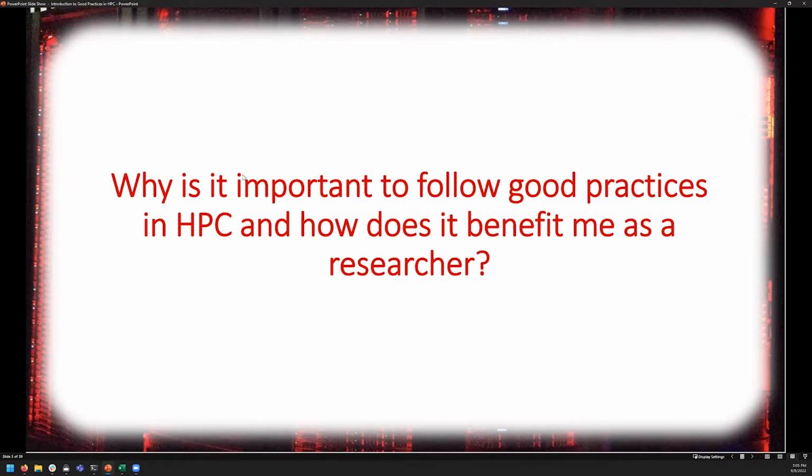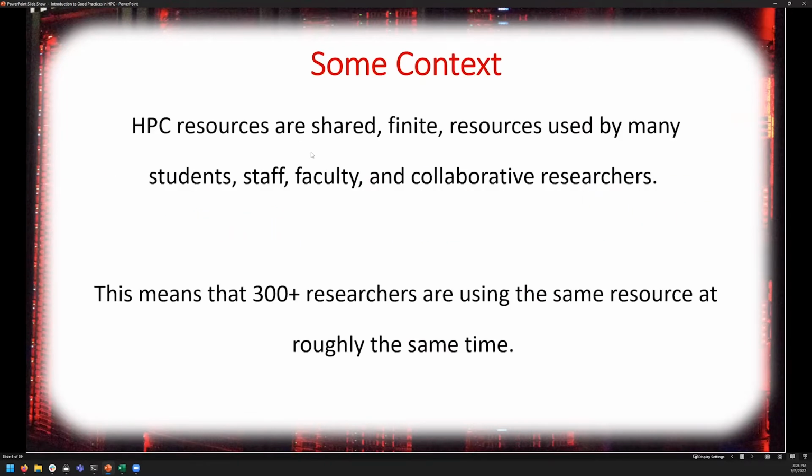So why is it important to follow good practices in HPC, and how does it benefit you as a researcher? To provide some context on this, for those who have not been with us for the past handful of sessions, HPC resources like Crane and Swan offered at HCC are shared finite resources used by many students, staff, faculty, and collaborative researchers, where at HCC, this can mean upwards of 300 plus researchers using the same resource at the